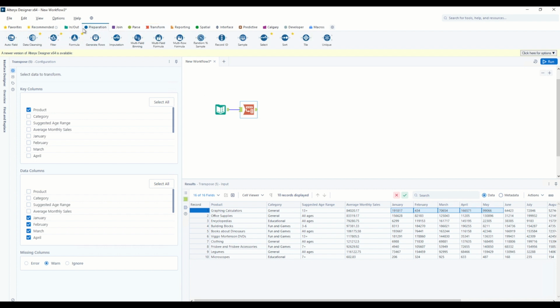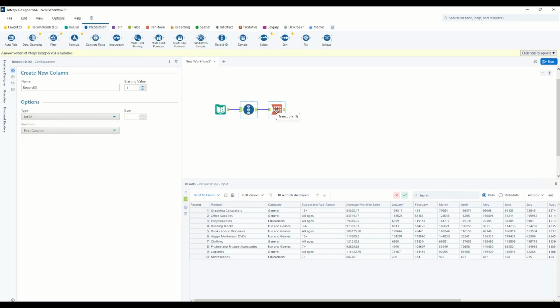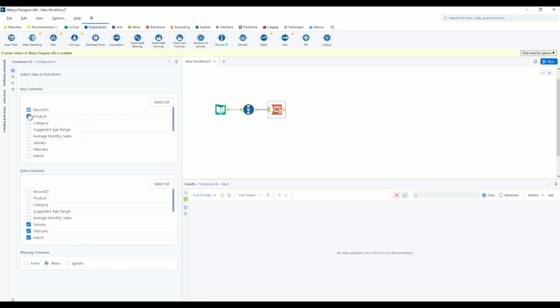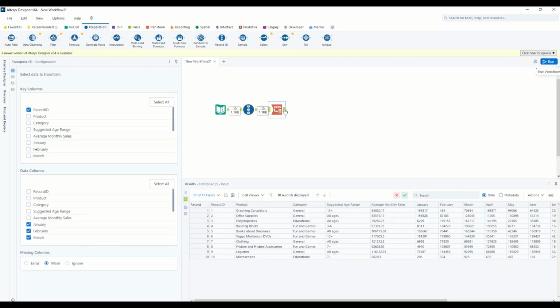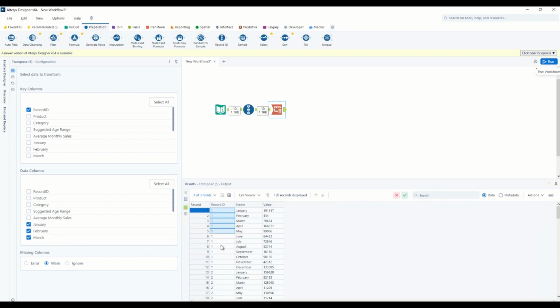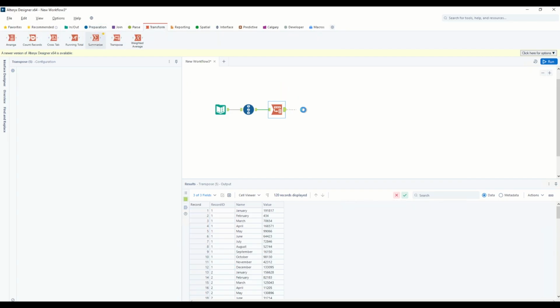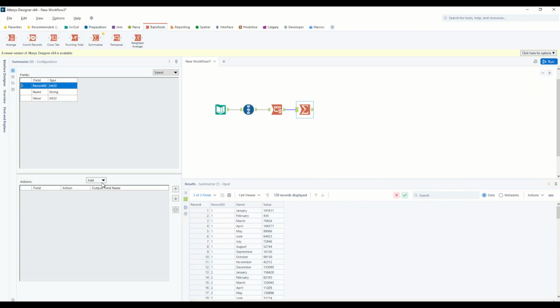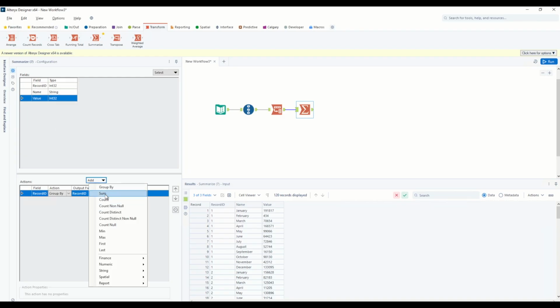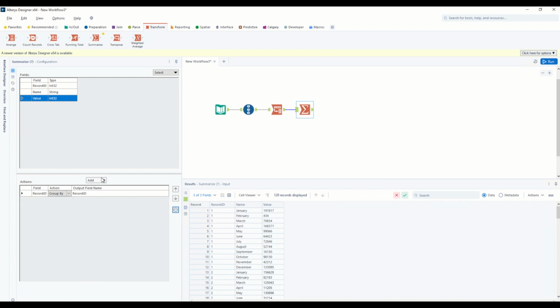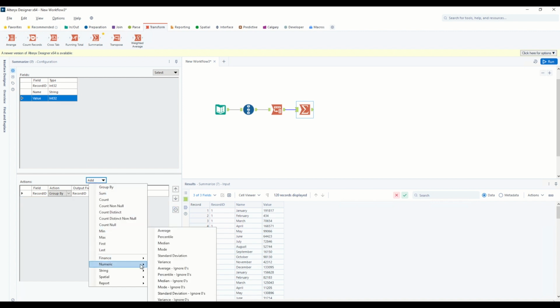One way that I would do that is I would add a record ID to the canvas, and I would use that as my key column. So when I hit run, I know for the first record, I have all of the months and all of their values. From here, we can simply sum all that information by record ID. So we'll group by record ID, and we'll sum. Actually, we won't sum the values. We will take the average,